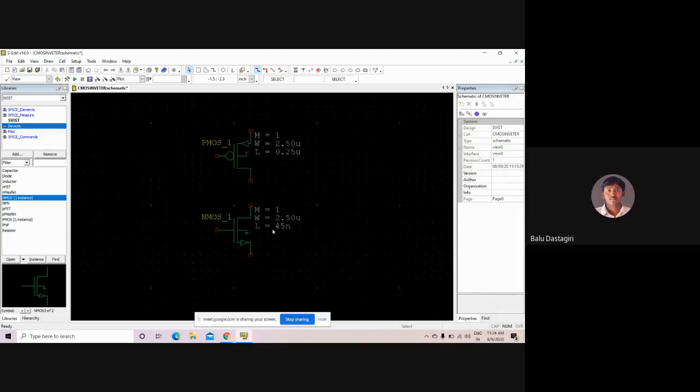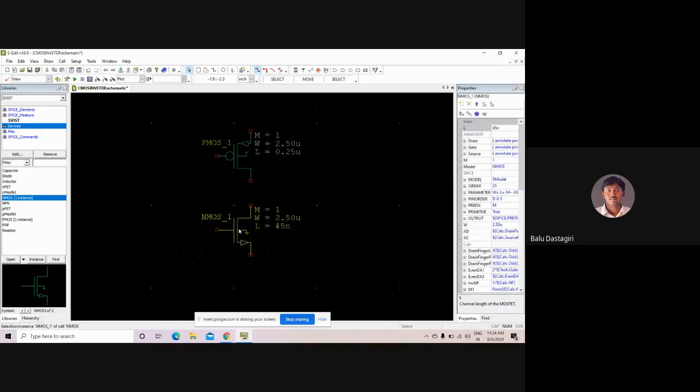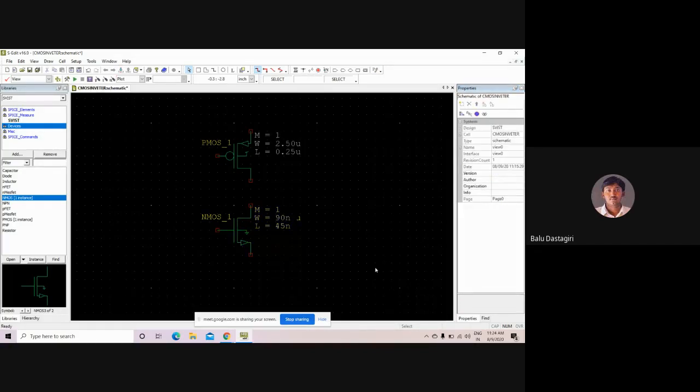In digital, the width of a transistor should be maximum 5 times the length, but in analog it depends upon the design properties. So I am taking the width twice, so the width of the NMOS is 90 nanometer.